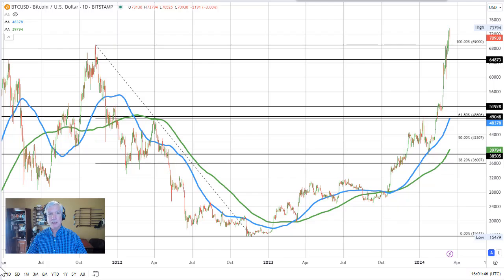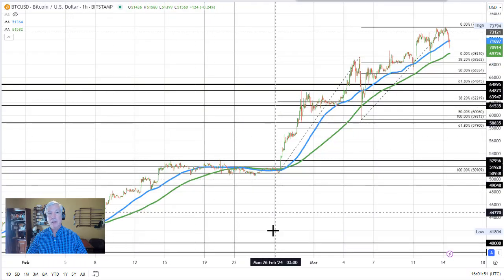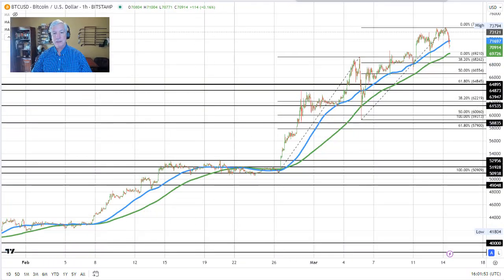Another thing you can do is take a look at a lower time frame. For instance, if we go to the hourly chart, we can define technical levels off of closer-in technical tools like moving averages. When we had this move to the upside here, the price started to move to the downside, and we started to move below the 38.2% retracement and the 200-hour moving average. We saw increased momentum to the downside that took the price all the way down below the $60,000 level, also below the 50% retracement level.